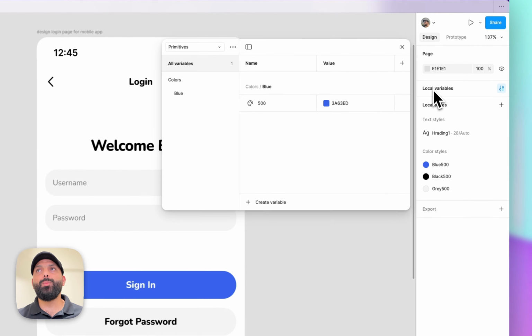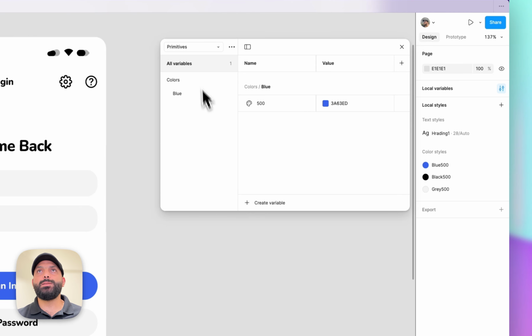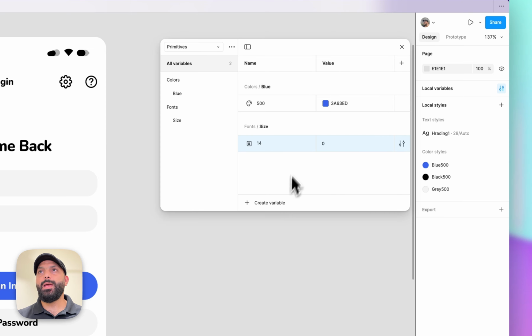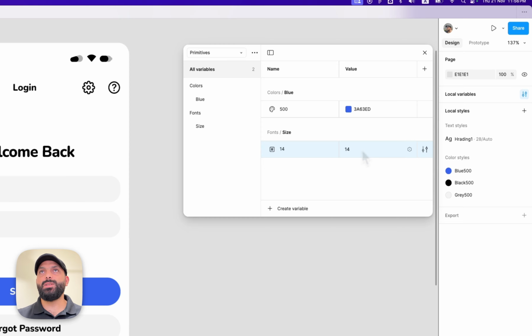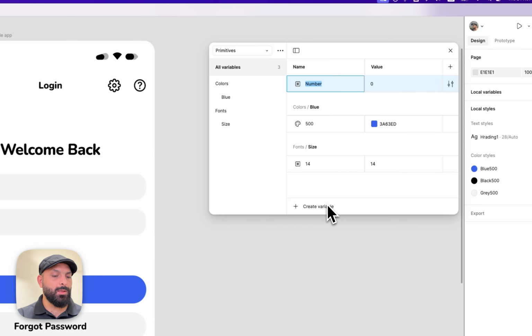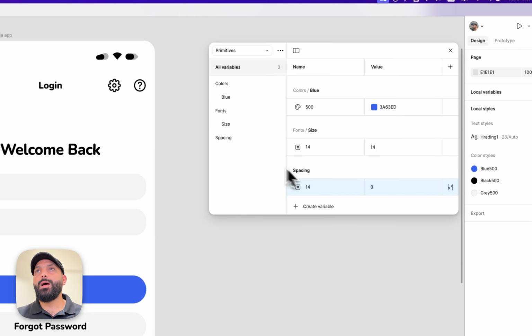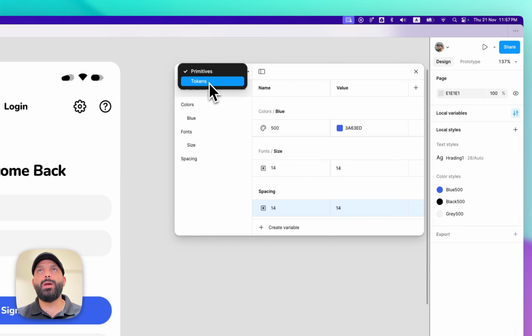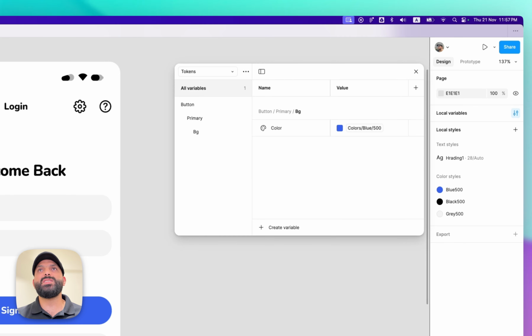If we open our variable panel, under primitives, let's add two number variables. The first one, I will call it font size 14, and I will give it the value 14. The second one is for the spacing, so I will create a new one. I will call it spacing 14 and add the value 14. Good. And if I want to use these tokens as a reference for my component specific tokens,